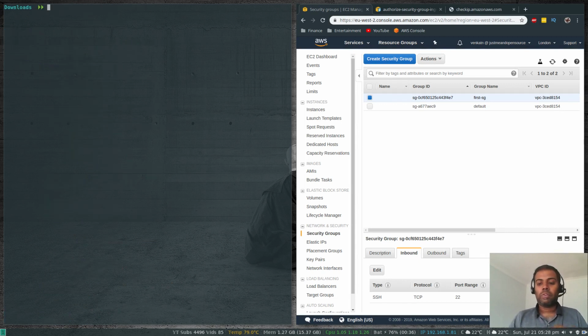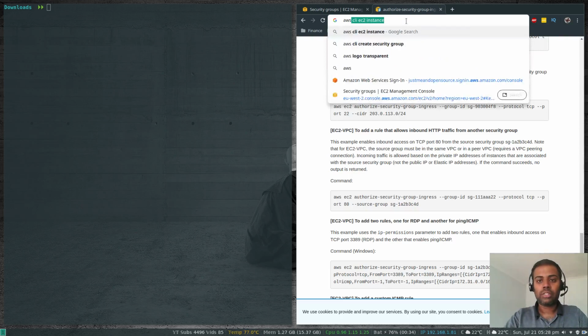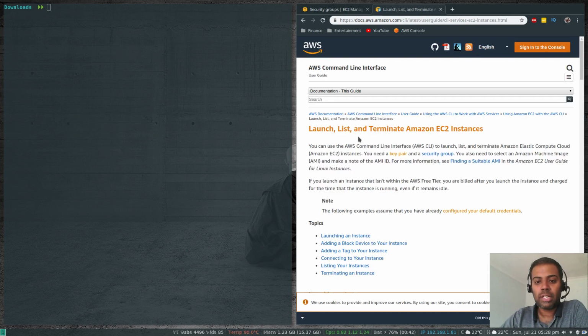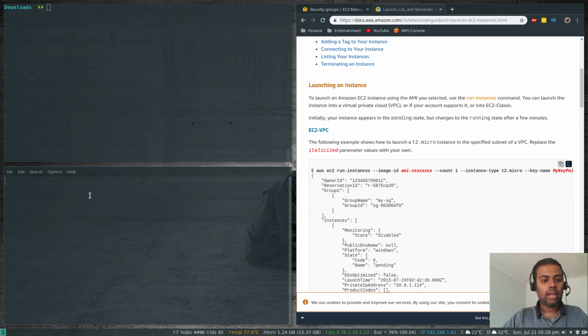Okay, cool. So we've created a key pair, we've created a security group. We need to find out the AMI ID from which we are going to launch. So let's do that. Let's also find the documentation to create an EC2 instance. AWS CLI EC2 instance, launch, list, and terminate. Okay, so that's the command. Let me open up an editor. What we need is image ID. Okay, AMI ID is going to be